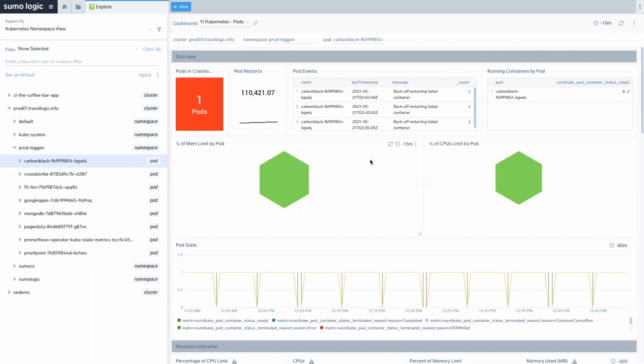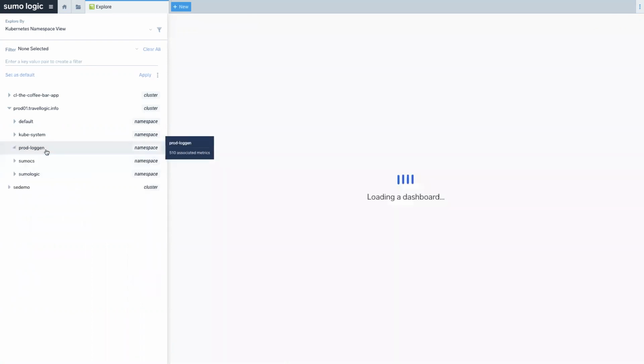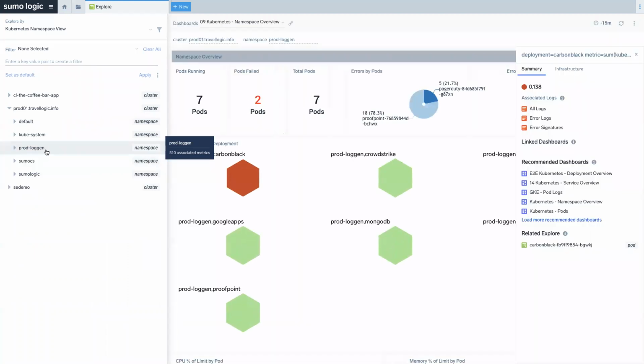Now I could work this out at the command line. I could sit there and type in kubectl show blah blah blah, but it's really not an effective way of troubleshooting, particularly if you have a complex environment. So that's one way, which is really nice to be able to investigate why you may have a particular issue within a pod or within a pod in a namespace.